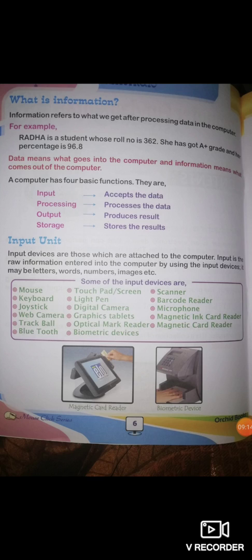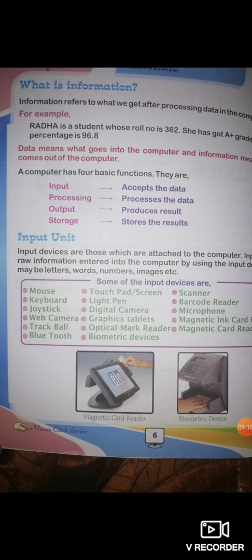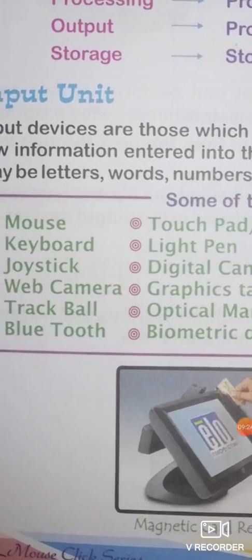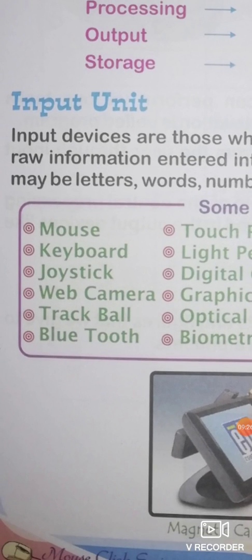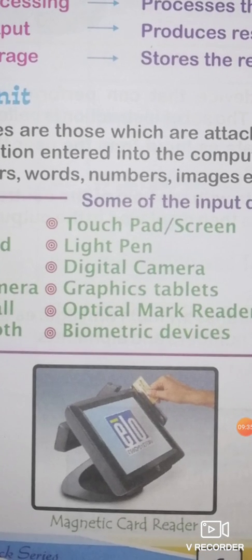It can be in any format. Some of the common input devices are the mouse and keyboard, and there are a lot of other input devices noted here. You can see mouse, keyboard, joystick, web camera, trackball, Bluetooth, touchpad or touch screen, light pen, camera,